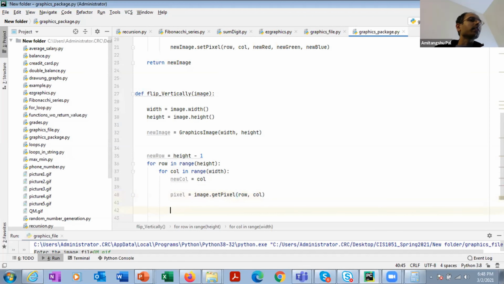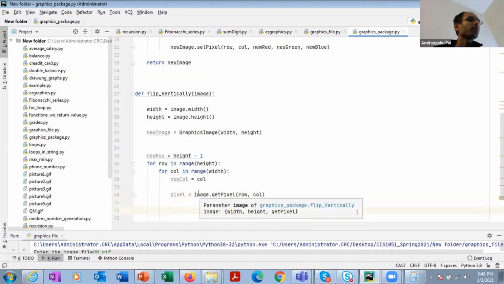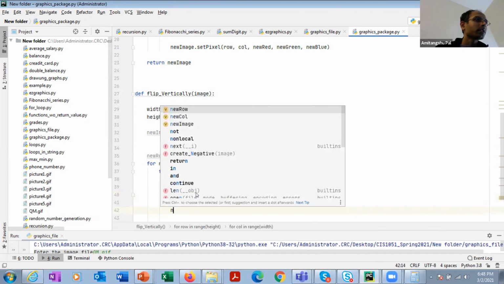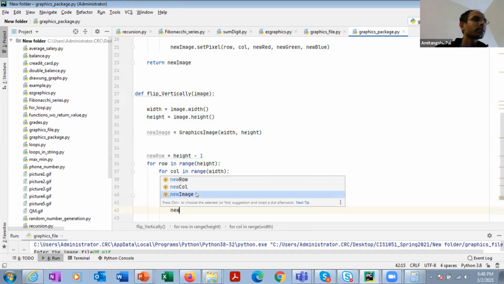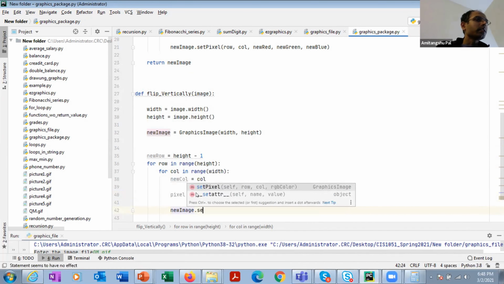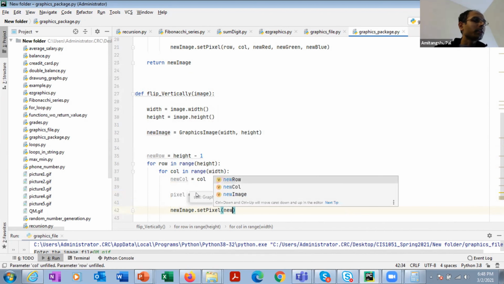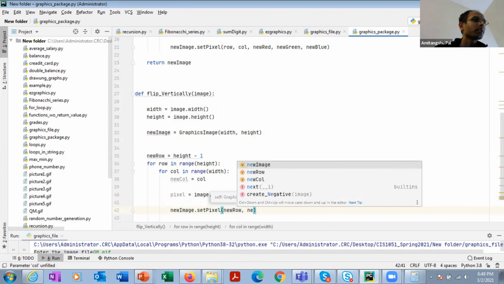So I'm extracting the pixel intensities of the old image and then, corresponding to a new image, I'm setting the pixel corresponding to new row and new column.